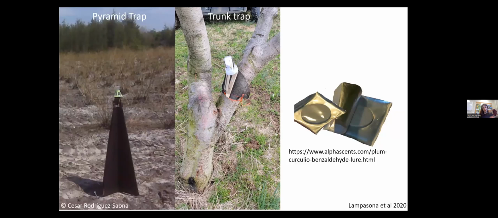So much like the other pests I've talked about, we do have monitoring traps for these, and we do have a lure, although it's not a pheromone lure that you can use. And so we have the pyramid traps, which I talked about a little bit, and then we also have these trunk traps that you see here. And the trunk traps we put out early in the year, and this monitors for the adults, and the lure brings in the adults. So as they emerge from overwintering, they get into these traps. And so again, if this is a pest that you start to deal with, I would absolutely recommend that you're doing this monitoring as part of your IPM strategy.